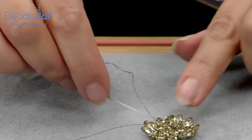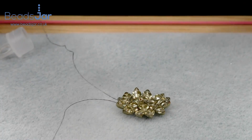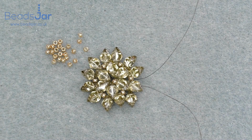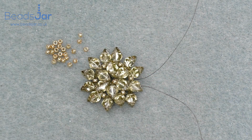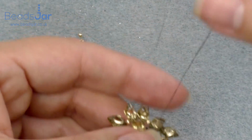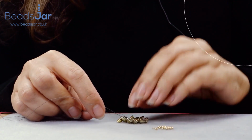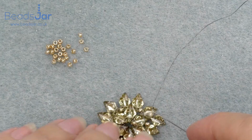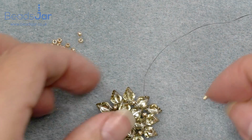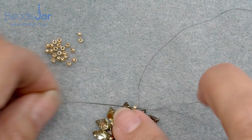So I've added those extra GemDuos in, and you can see we've got this beautiful sort of extended star. Isn't that lovely? So now we're going to add in some more of our little size 11 beads just to complete this section. So I have my thread, and it is coming up out of the top of one of these extended sort of points of the star. So I'm just going to take one of those size 11 beads, and then I'm going to take my needle through the hole in the adjacent point,